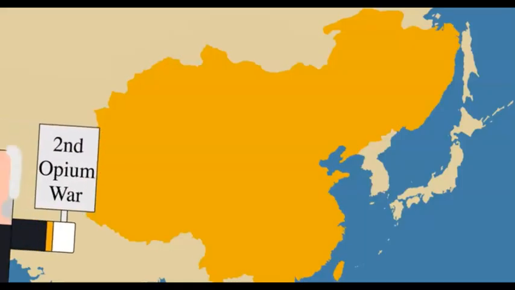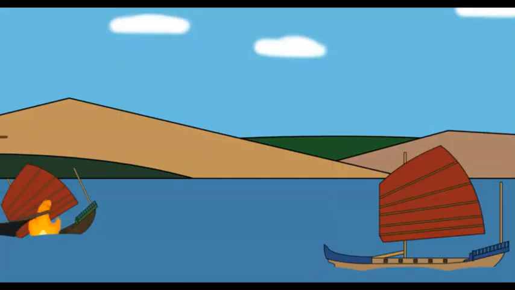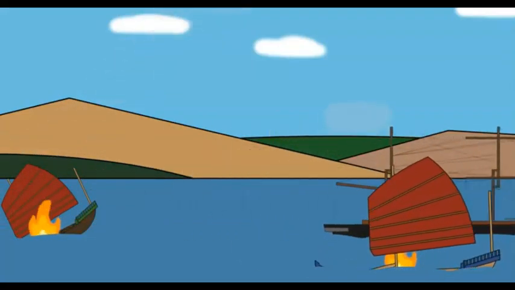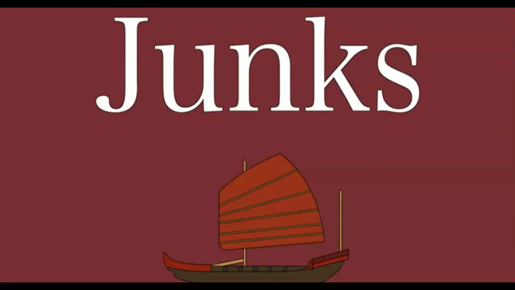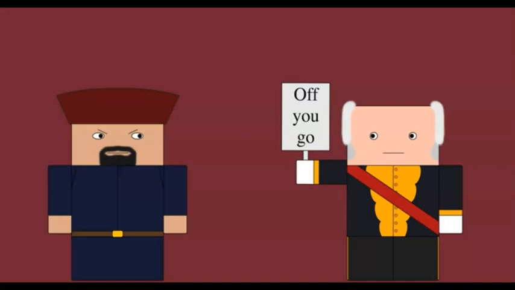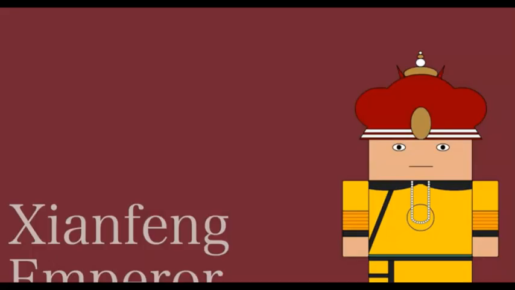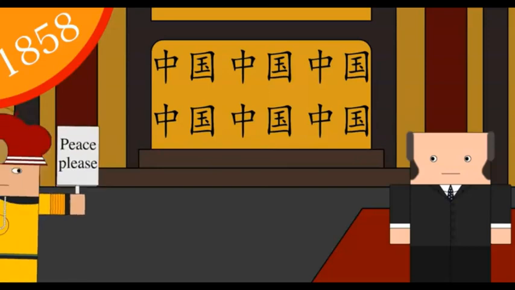So the war in China, the Second Opium War, followed a similar path to the first. The Royal Navy used their ironclad steam-powered warships to obliterate the Chinese wooden ships called junks wherever they met. In late 1857, Anglo-French forces captured Canton and captured Yi, who was then imprisoned in India. After this, the British and French navies made their way up the coast of China, harassing the defenders and smashing forts as they went. The Chinese emperor, the Xianfeng emperor of the Qing dynasty, soon after opted to sue for